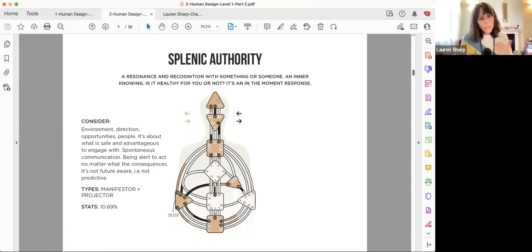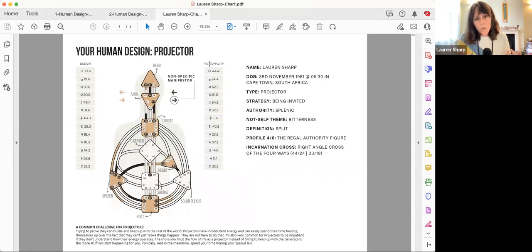So if I look at this combination, just to help you understand, because showing you my chart is the most neutral way I can go about this without having another person's chart on you and asking permission. So if I look at this individual and I just separate myself here and I say, okay, well, what is your strategy? Your strategy is to be invited. And what's your authority? Splenic. So what does that mean, right?